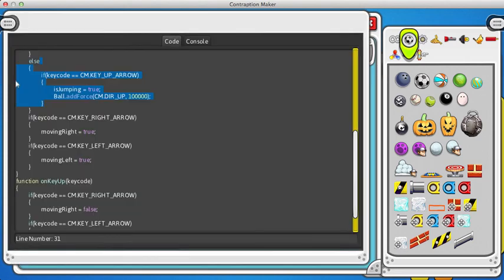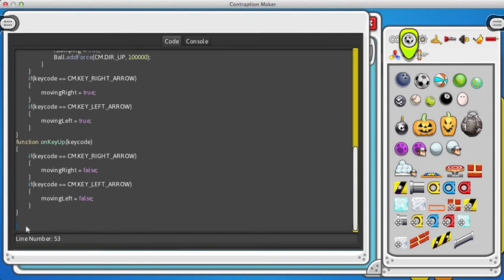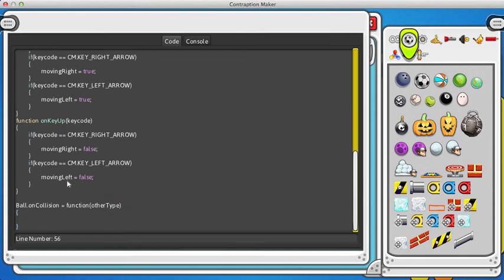To do that, we're going to need to put at the bottom ball.on collision, and then we're going to do equals function other type. So that should work. Just color code that. So now when it collides with something, this will run when ball collides with something. So what we're going to do for this is we're going to write if other type get type